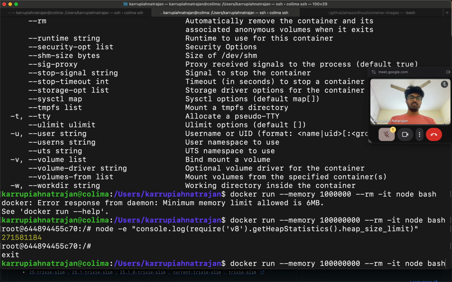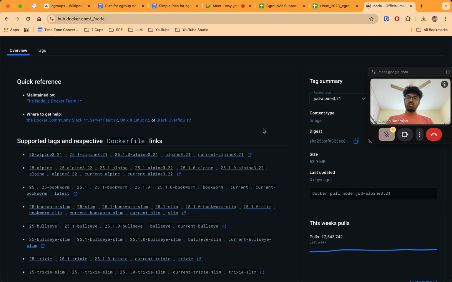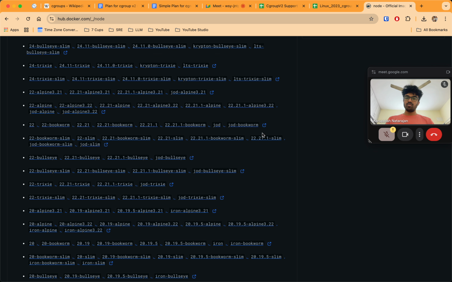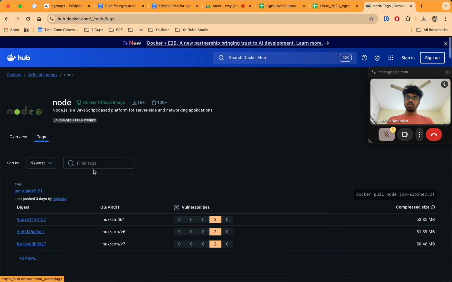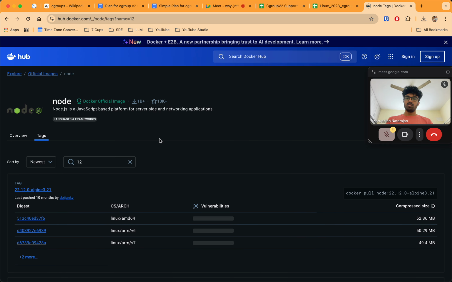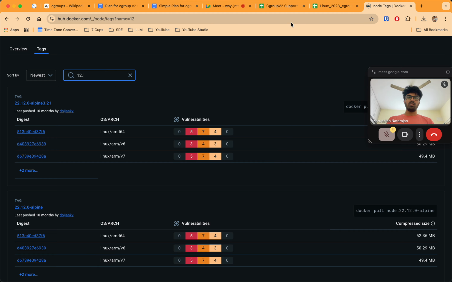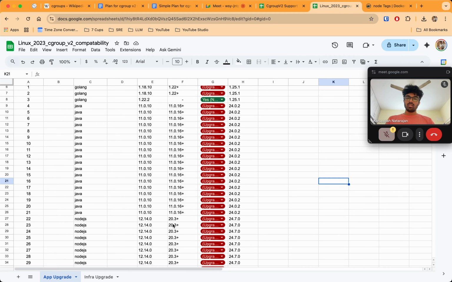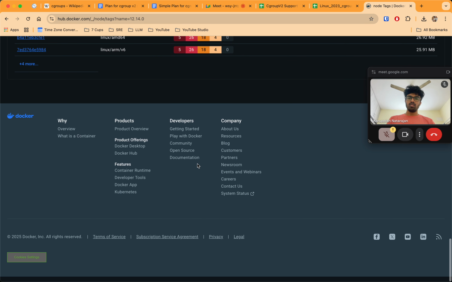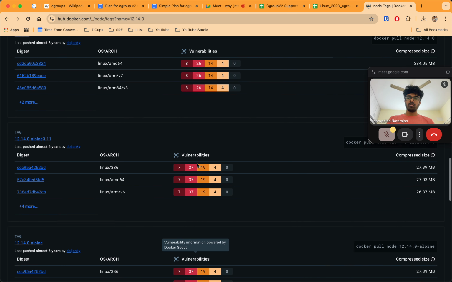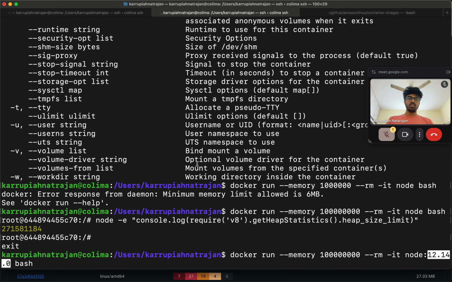But if I use an older node version, like that's not supported, like 12, then we have 12.14.0, okay. Let me just use that. 12.14.0.